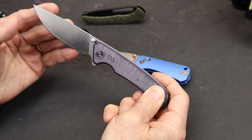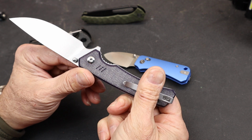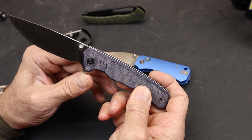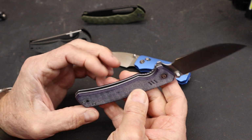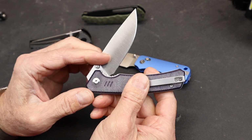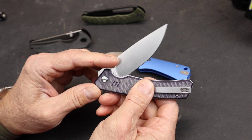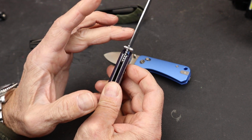Civivi also is releasing another new knife in addition to their beautiful little new Baby Banter 2 with axis lock. They have this knife. It's called the Merit, and the one that I have in my hand here uses a purple micarta. I just absolutely love the color of this thing. Stainless steel liners, liner lock, kind of the traditional things, ceramic bearings, etc. The blade steel on this is 14C28N, which is a fine choice for a knife like this,